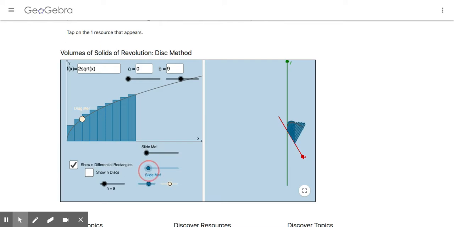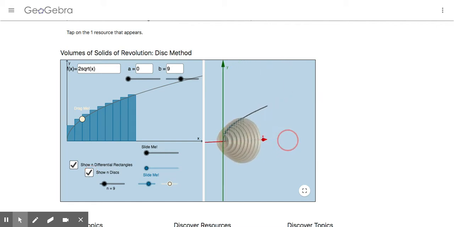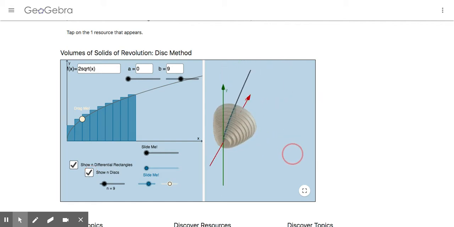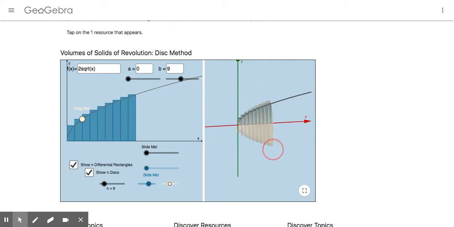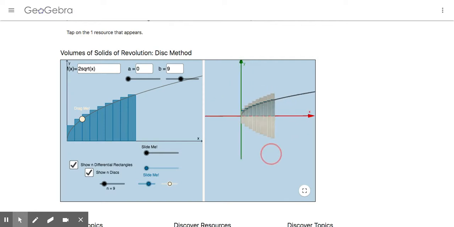Yeah, so if you take those rectangles and you spin them around the x-axis, okay, that's what we're doing, a revolving of those rectangles. And the result are these discs, okay? And each of those discs is a thin